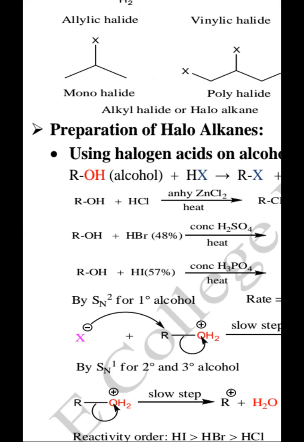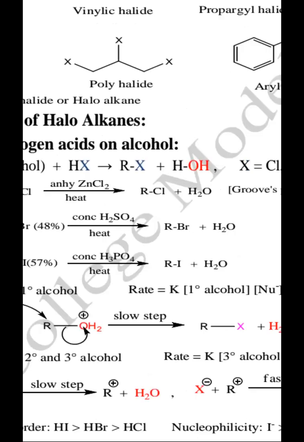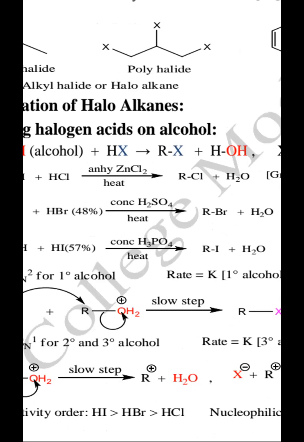Here the OH group is the leaving group of the alcohol molecule, and it is marked in red, and the X, that is the halogen, is the incoming group, that is marked in blue. On the product side, we can see that the halogen has inserted itself into the alkyl group, whereas the OH group has left the alkyl group and formed water. The water has been written in the form of HOH, because we can show that the OH group has taken up the hydrogen from the halogen acid and produced water. Here X is chlorine, bromine, iodine, etc.